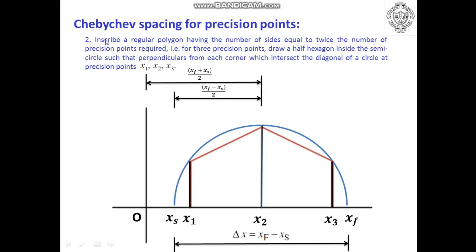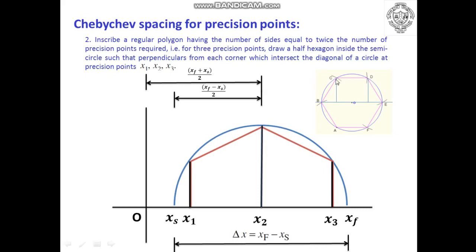But you must consider the second step, which is very important: how to inscribe the hexagon. Now if we take the other way, if you inscribe the hexagon in this fashion, how many corners do you get in the semicircle? First corner and second corner. You can't consider this corner because this is the starting point, and this is the finishing point. So these 2 points cannot be considered as the accuracy points, or we can say precision points.